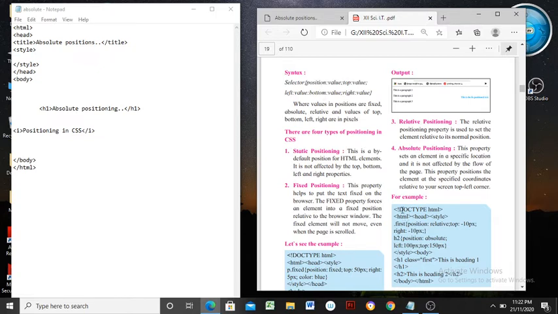See here, next a sample code is given for this positioning. You might observe here first position relative, it's an example of relative position. Then after, they have given heading level number 2 with position absolute, the part of absolute position. They have given here left, that is setting a left margin by leaving a space of 100 pixels.